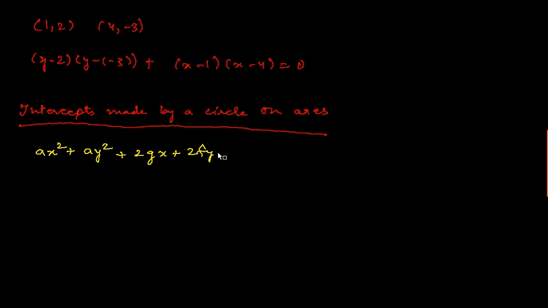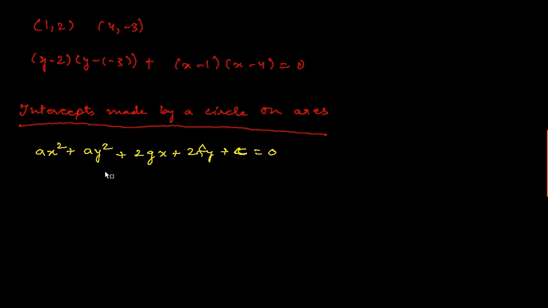So I can write the equation of a circle as this. Simply what I did is I multiplied x square with a and y square with a. Accordingly your g and f will change. You can also write this equation as x square plus y square plus 2gx plus 2fy plus c is equal to 0. That will not make any difference. The only thing is this is a